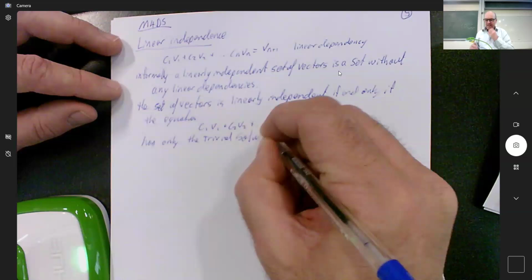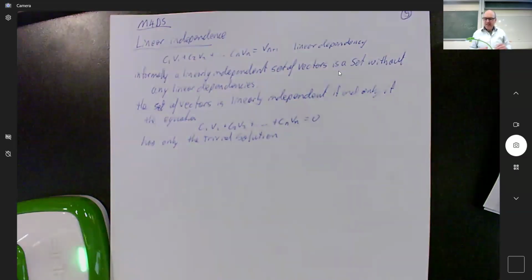All right, so we're going to say a set of vectors is linearly independent if and only if the equation